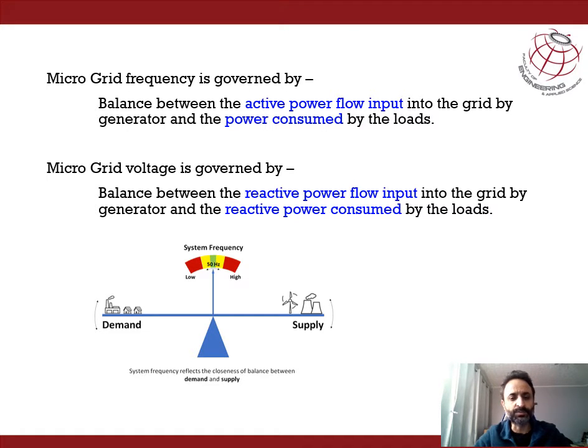The same is true for the voltage also, where the change in the voltage is decided by the imbalance of the reactive power between the source and the load. As a result, a perfect equilibrium or balance has to be maintained between the demand and supply of active power for regulating the frequency in a system. For example, if it's a 60 hertz system, as in the case of North America, whenever the equilibrium between the generation and the consumption of active power is achieved, then there will be a stable frequency.